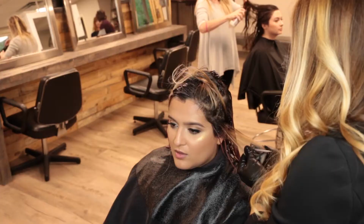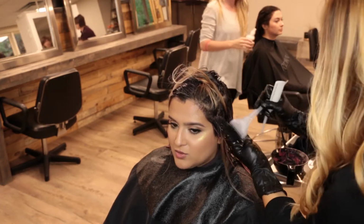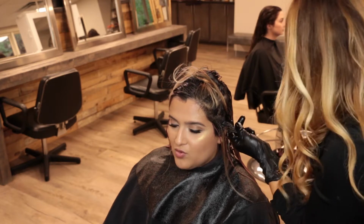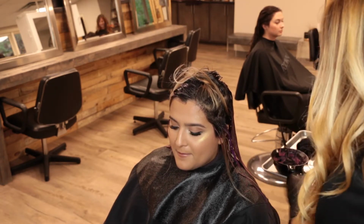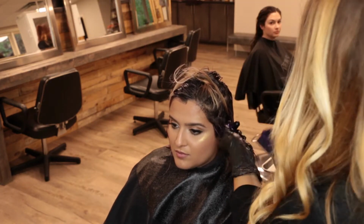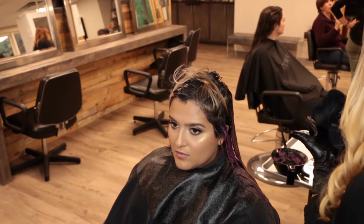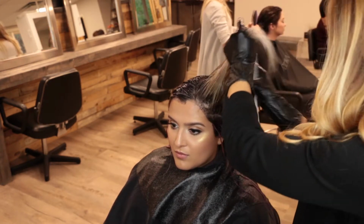If someone has really damaged hair from either coloring or hot tools or chemical treatments, what are the best ways that you would suggest to resurrect damaged hair? I think, first and foremost, treatments, like what you do, the Olaplex treatment's phenomenal to put in your color. It helps rebuild the bonds. Those are amazing. Finishing treatments to put moisture back in, like Kerastase treatments, masks, doing masks at home,